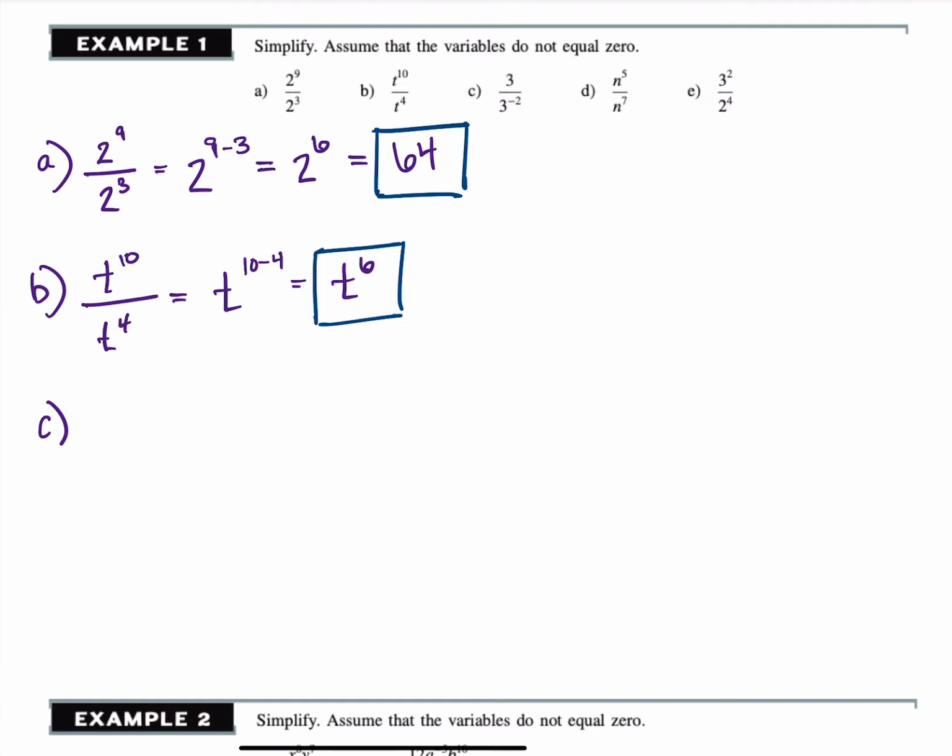In part C, we have 3 over 3 to the minus 2 power. Starting to get a little bit tricky here, but let's just stick with this rule, and we can view the 3 on the numerator as 3 to the first power. So that means we can write this as 3 to the 1 minus negative 2. Well, 1 minus negative 2 becomes 1 plus 2. So 3 to the third power,